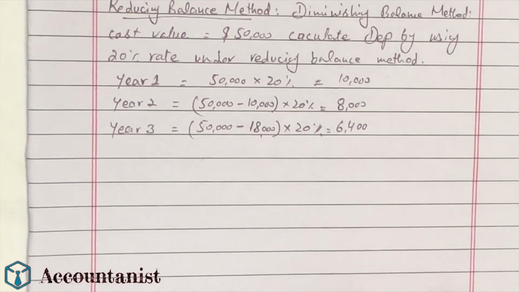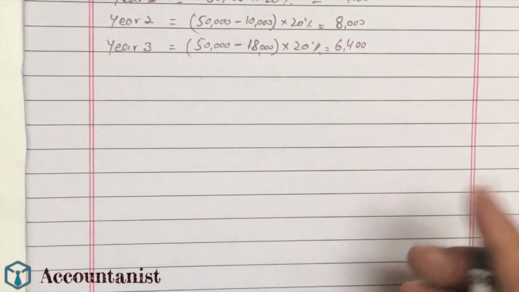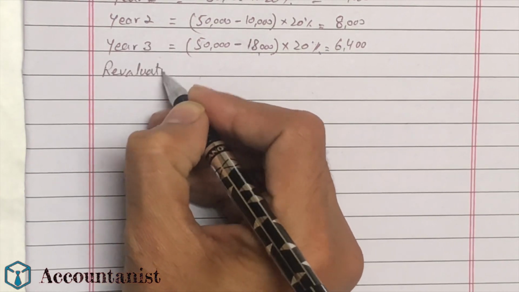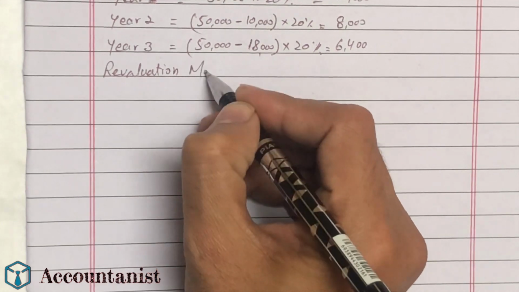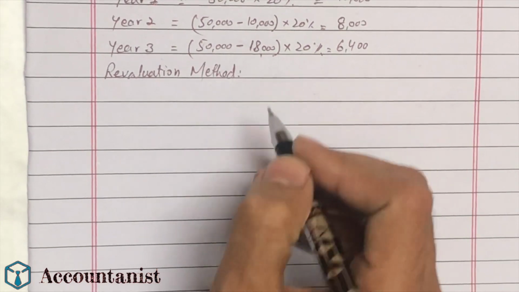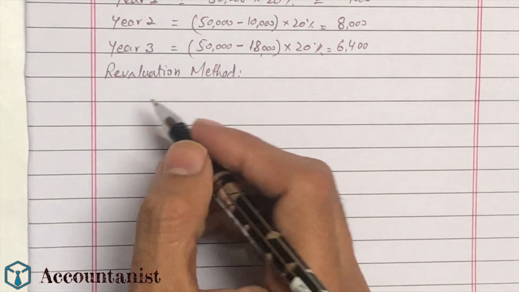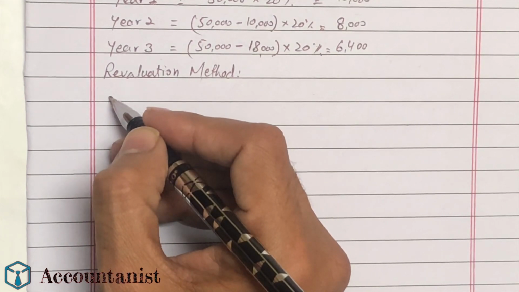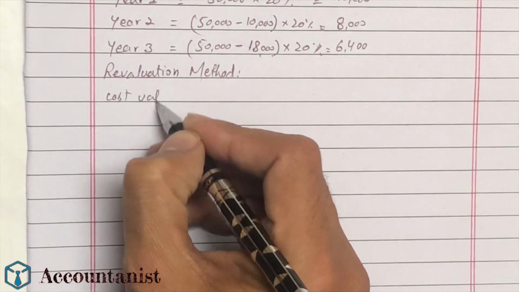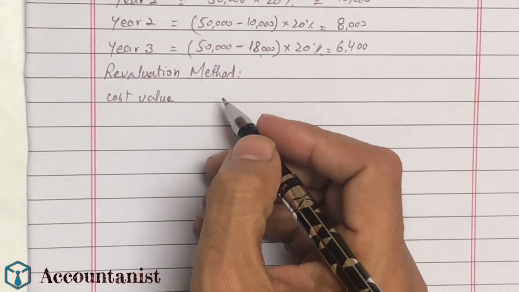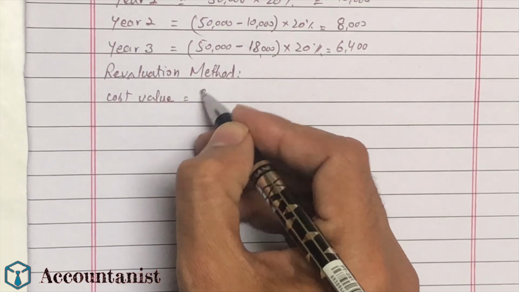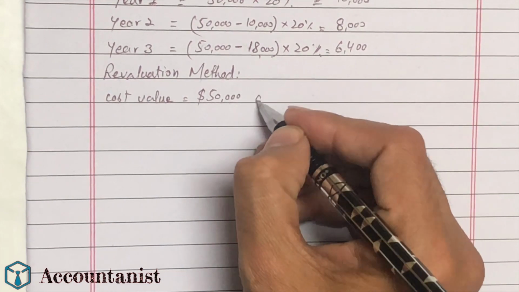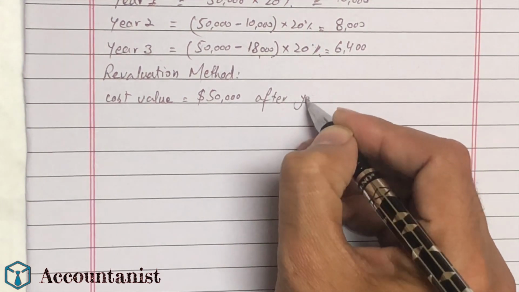Now the third method that we have is called the revaluation method. In this method, how do we calculate? It will say in the question that we have a cost value of an asset, which is 50,000. So it says that after year 1